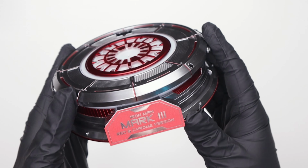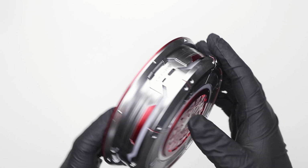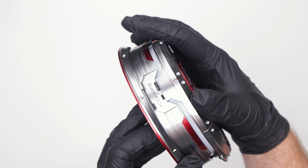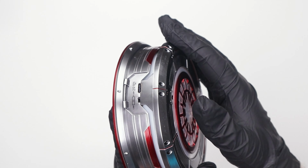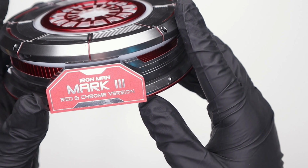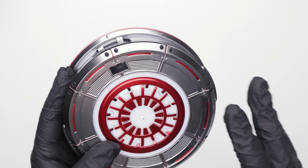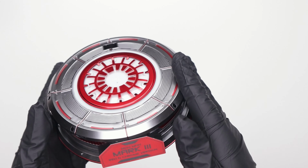Just like the black and gold version of this guy, we got this new cylindrical base with the arc reactor. It is USB-C back there on the back. No, they don't give you a cable or a power brick, so you're stuck on your own with that. But it does pretty much exactly the same thing. Red and chrome version right here. We'll definitely break out the previous version, the black and gold, to put next to this guy in posing so